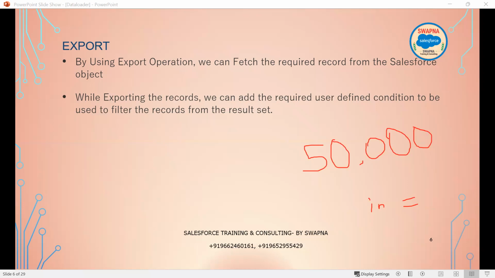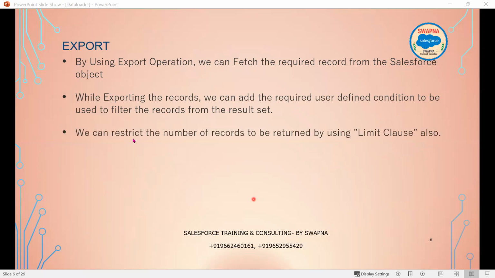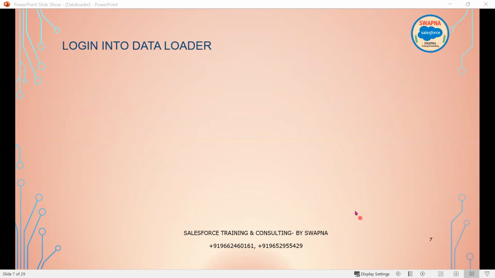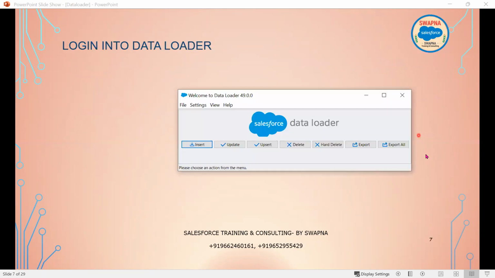So we can add a filter there, and we can restrict the number of records to be returned using the limit clause. We know that the limit clause is used in SOQL. So in SOQL, we can mention the limit clause, like limit 5 records, limit 10 records, so that it will fetch only 10 records. Now, if I click on this export,